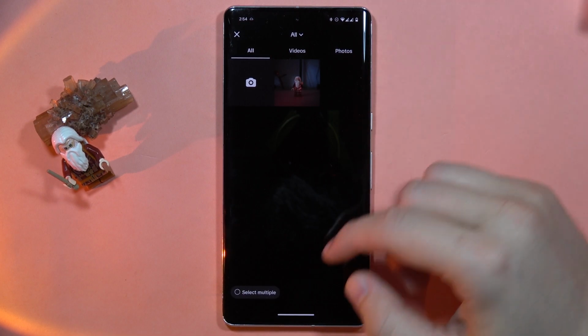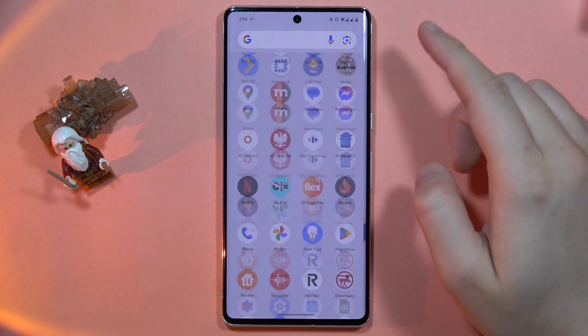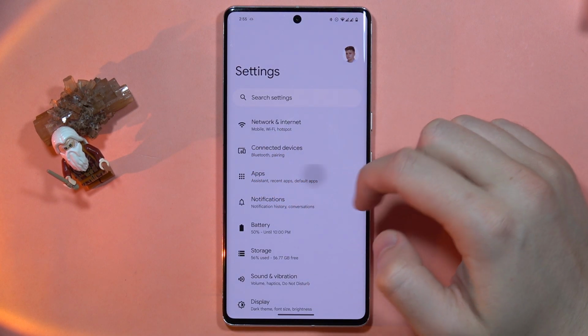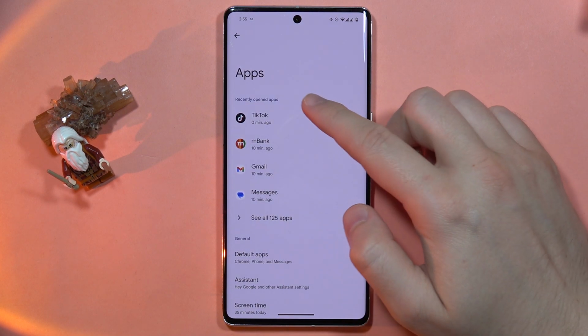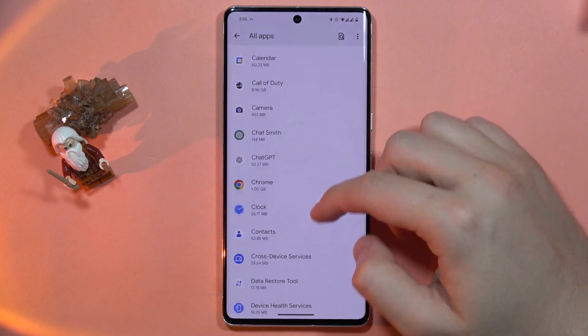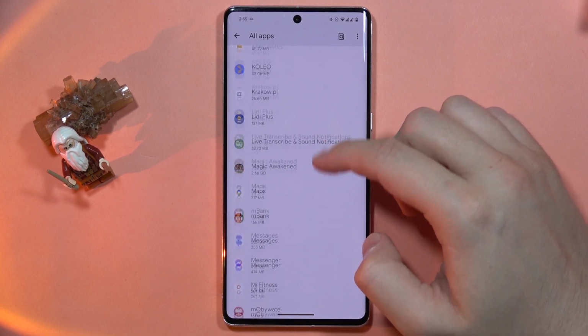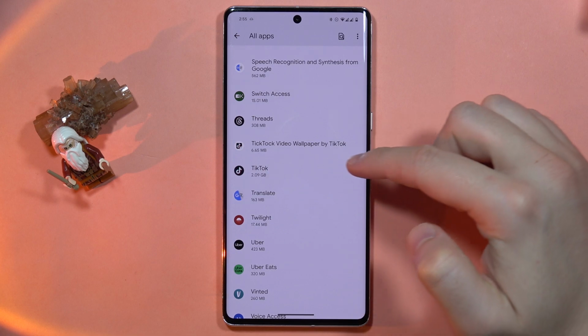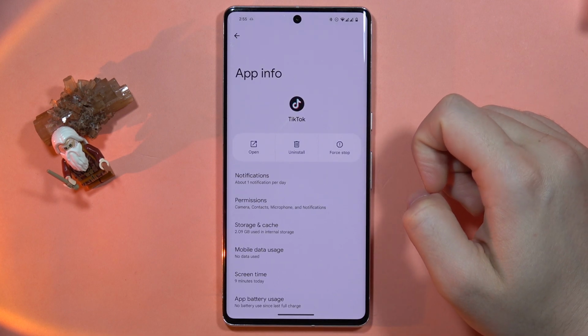So if you are using an Android phone, you will have to simply go into the settings on your phone, locate all apps, and now from here you will have to locate TikTok. If you don't have it right here in recently opened apps, just scroll down and locate TikTok. In my case it appears right here, and now when you find TikTok, click on it